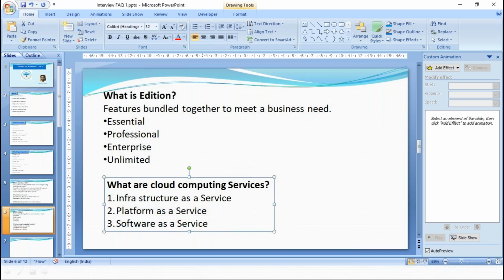So knowing about this is more important to understand what type of platform you're working on. It's not just knowing what an object is or how to create an object. You should have good clarity on what type of platform you're working on, because that's more important to grow yourself in a particular platform technology.